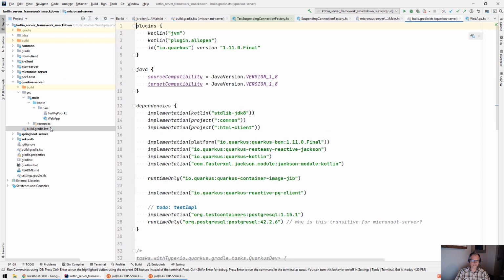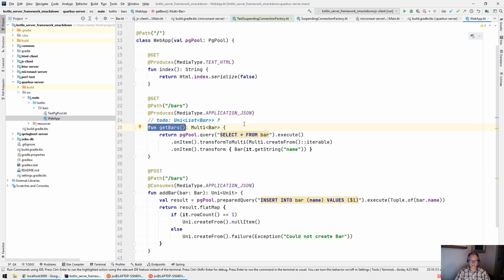But in Quarkus, they also have a reactive driver for Postgres. And in that case, it's the Quarkus Reactive PG client that I'm using, which is based on something from Vert.x. So that's great that the database is reactive and that my controllers are also reactive. That was one of my requirements for this application, that everything had to be reactive, but not using coroutines yet. So instead, what I do is I return, in this case, a Multi of Bar, which is a